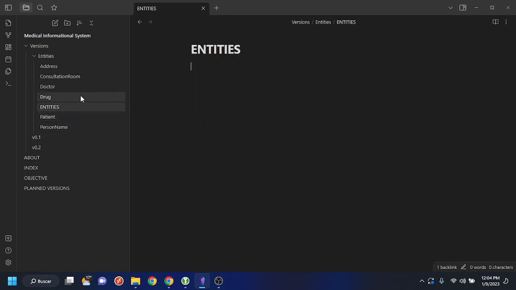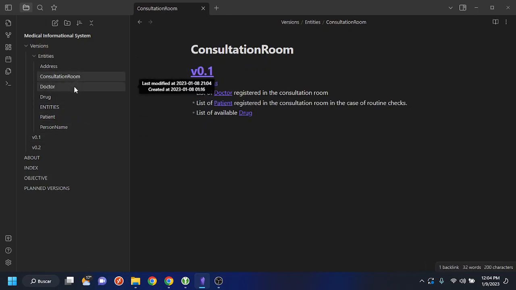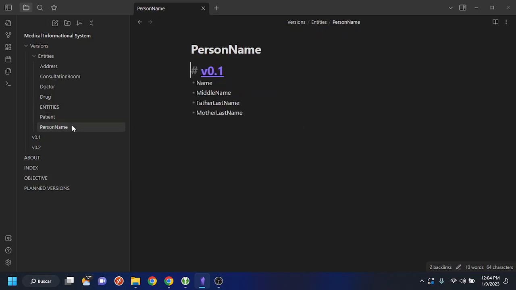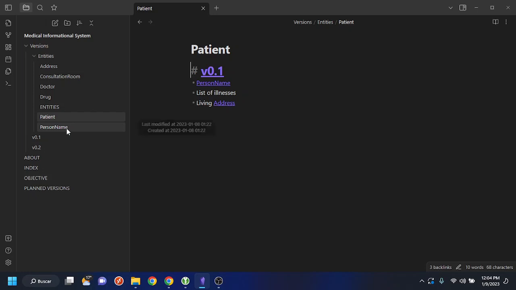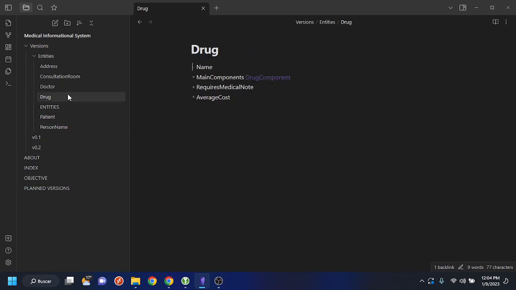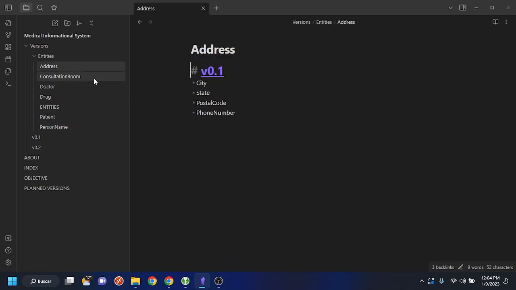I mean, this is a fast opportunity, but it doesn't make the whole relationships. For example, there are some classes like person name, drug, address. These are classes that don't actually exist as entities. Okay, but I can show this